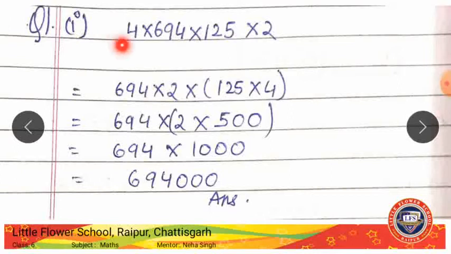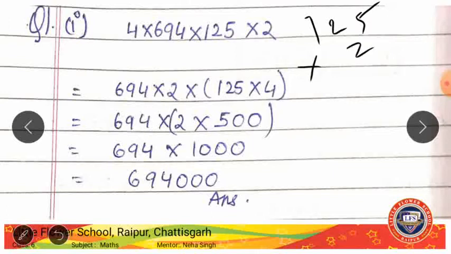See, if we multiply 4 into this number, then these two numbers, the multiplication will be lengthy. We can see this 125. Can we see a number here which, multiplied by 125, gives an answer that is a multiple of 10, hundreds, thousands, something like this, right? So yes, if we multiply 125 into 2, we get a multiple of 10. If we multiply 125 into 4, we get a multiple of 100. See, I'll show you this.